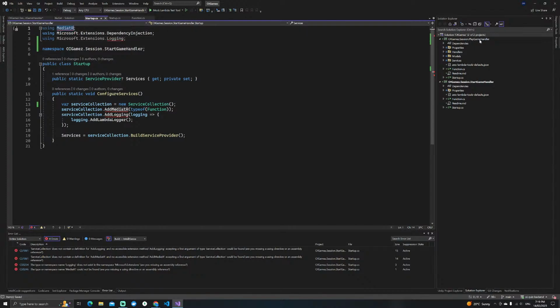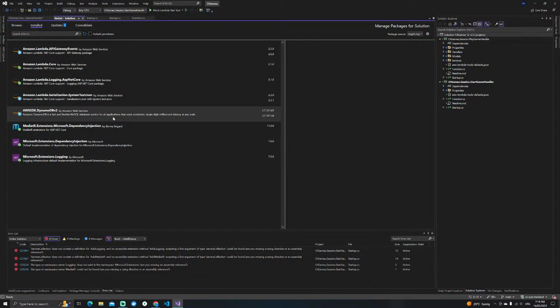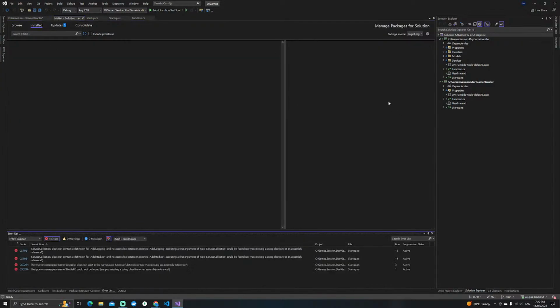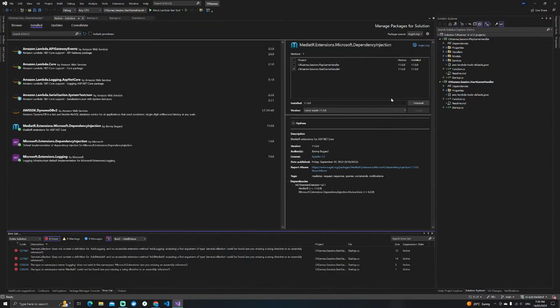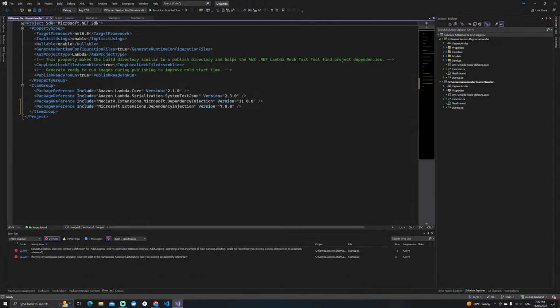Alright, now I need to install Mediator again. I'm pretty sure I've got this installed at the solution level. Mediator extension dependency injection, pretty sure that's all I need. But that's already inside of Start Game Handler. Oh no, hang on. It's already, yeah, that's right, install. Cool. So hopefully it's getting less. Anyhow,